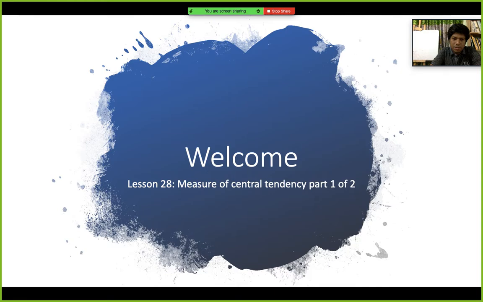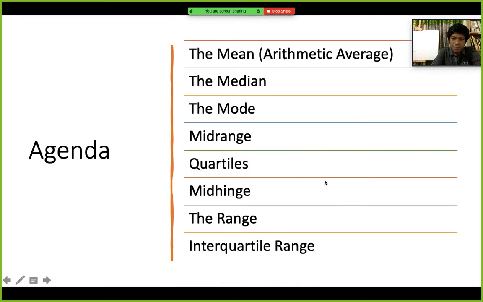This is lesson 28, measure of central tendency, part 1 of 2. So we have two classes on this topic. This is the first class. These are the agenda for this class: mean, median, mode, mid-range, quartile, mid-hinge range, and interquartile range. We'll try to define them and discuss where to use them or what their advantage is, plus the calculations related to